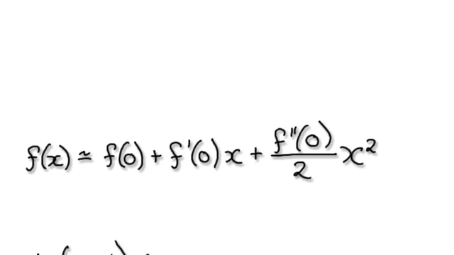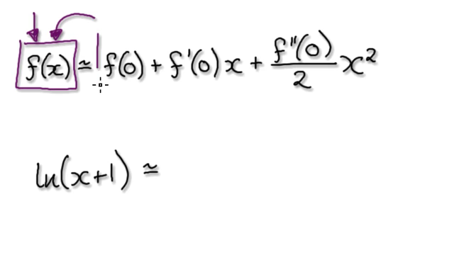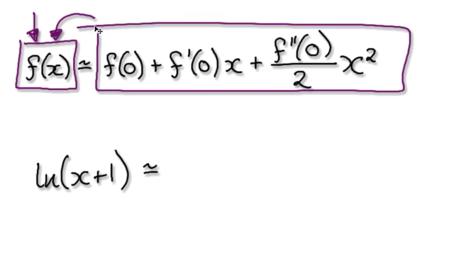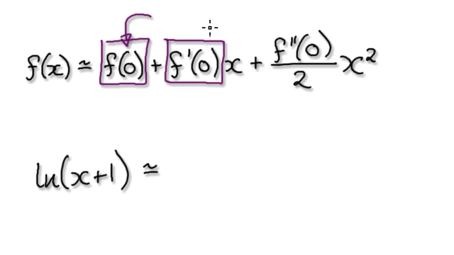Following on from the previous video, we've established the quadratic approximation for a given complicated function. Let's say you've been given this complicated function here. The quadratic approximation to this function is given by this. So you will need to work out f of x evaluated at x equals 0, then the derivative evaluated at 0, and then the second derivative here,